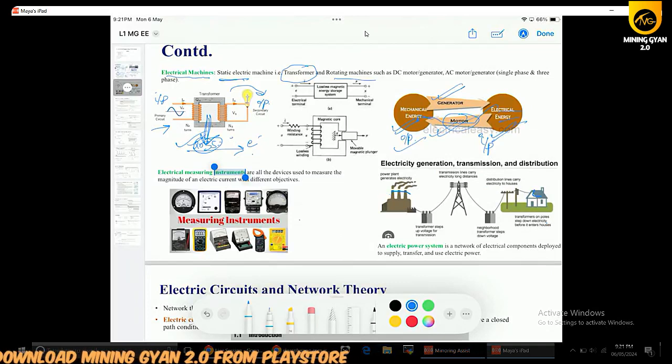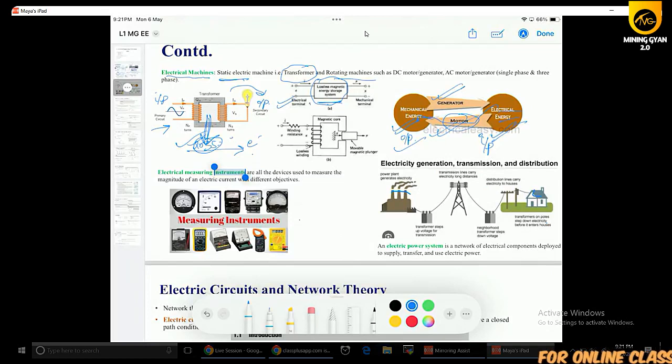You can understand this procedure through this picture. This is the system. This is any rotating machine. We will provide the electrical input to its input side. So what will be the machine? We are providing electrical energy, so it will be called a motor, and we will collect the mechanical form of energy at its output side.